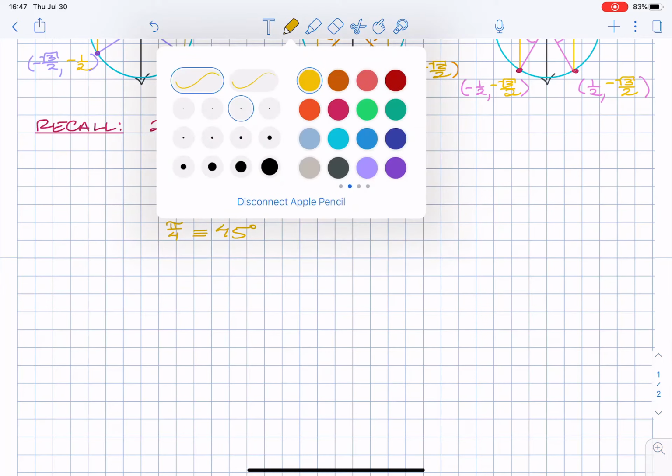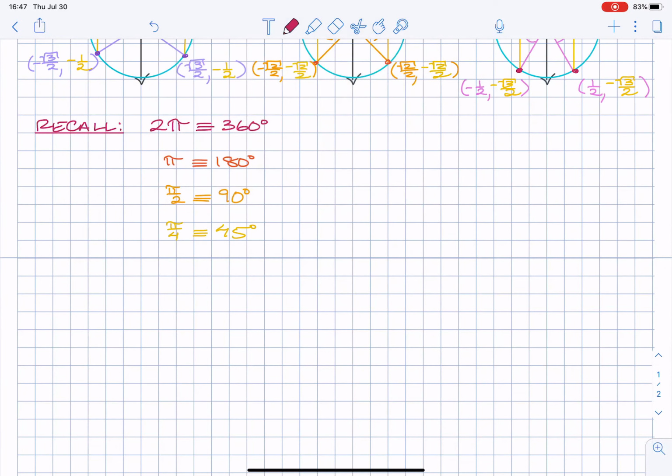So let's go off to the side here and do these. If I divide pi by 3, so let's put that here, pi over 3, instead of dividing it by 2, 180 divided by 3 is 60. Okay, so there we are. Now let's divide that again by 2. So that's pi over 6. That's equivalent to 30 degrees. Okay, so hopefully we know how to get those, just dividing the circumference. So let's consider again